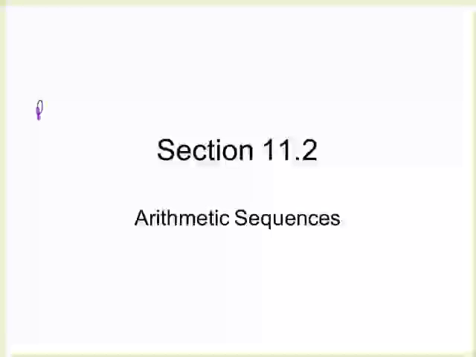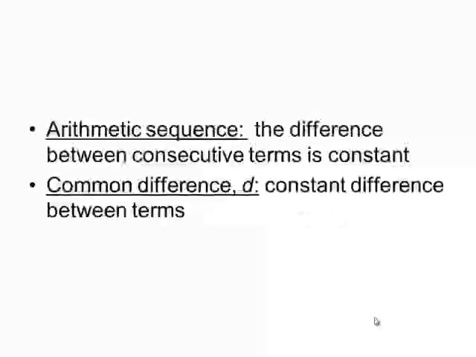Talk about arithmetic sequences, which are one particular type of sequence. An arithmetic sequence is a sequence in which the difference between consecutive terms is constant. That means if you take any two terms that are next to each other and subtract them, you should get the same thing, no matter which two you pick. So you pick any pair of numbers that's next to each other and subtract them, and we should always be